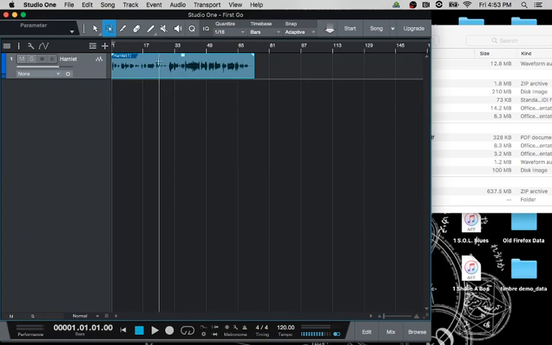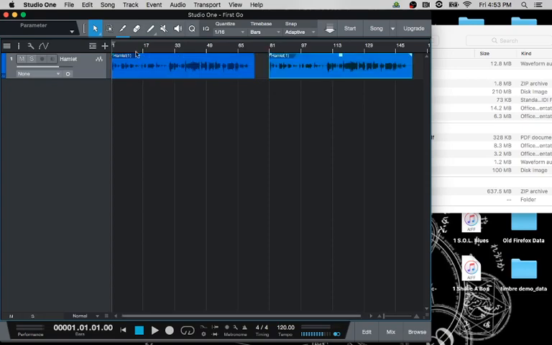You'll notice that if I drag this over, these are the two copies. When I imported, what happened was it took the same file from my downloads folder and just put it on top of the one that I dragged in. But they're the same exact audio file, the same exact information. Okay, so